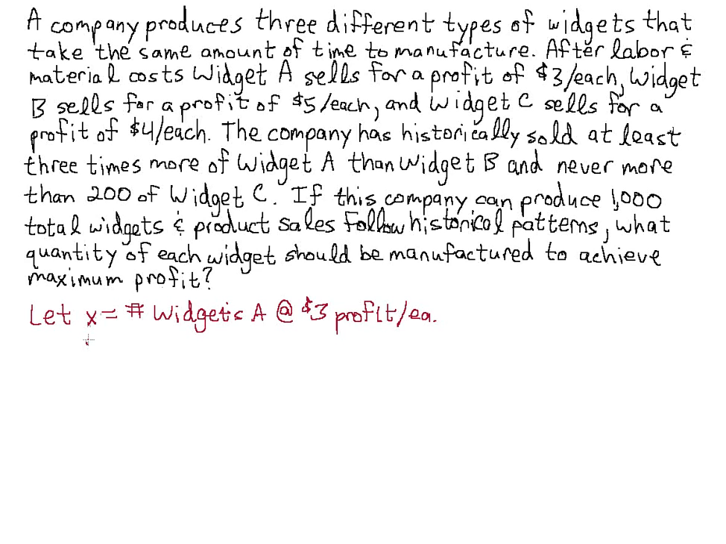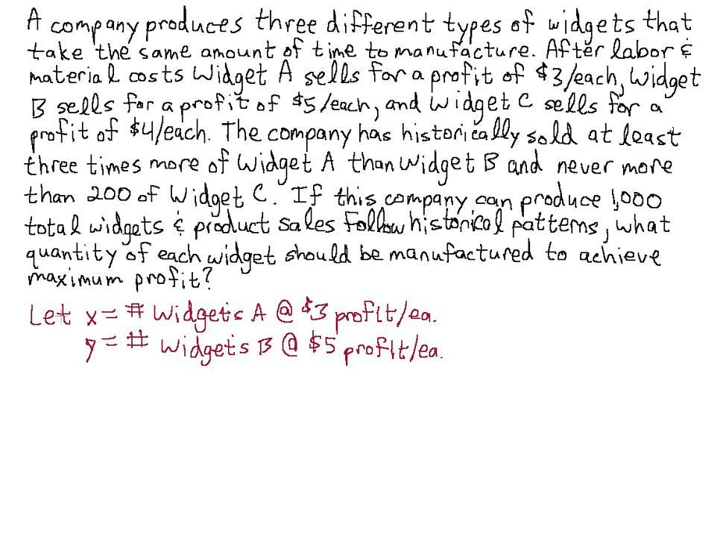Okay. Next we have Y. Let's define our variable Y, and our next widget is widget B. So this is going to be the number of widgets B produced. And widget B is produced at a profit of $5 each. And now we have a third widget called widget C, so we're going to need some